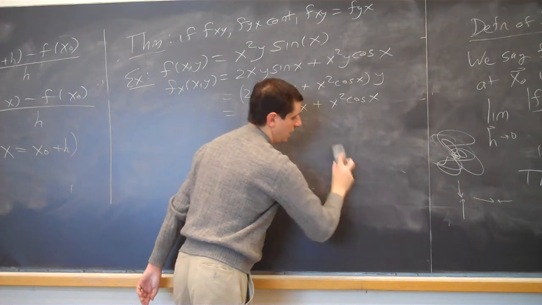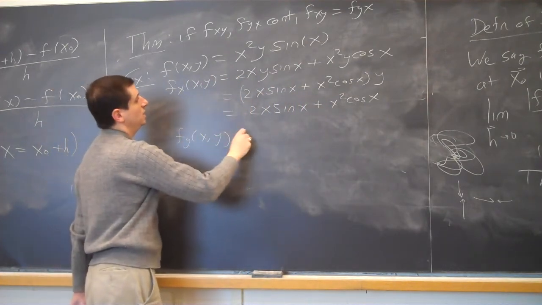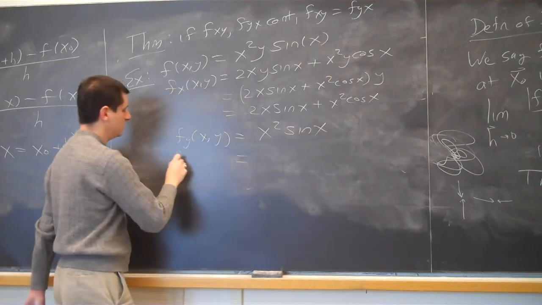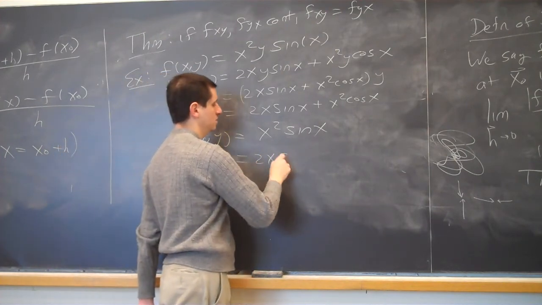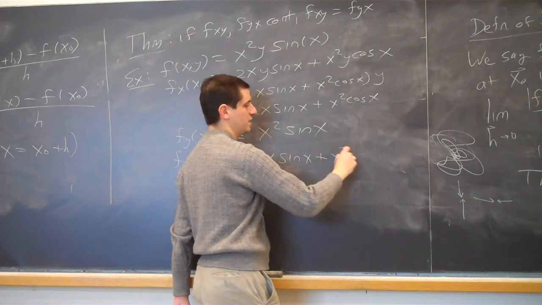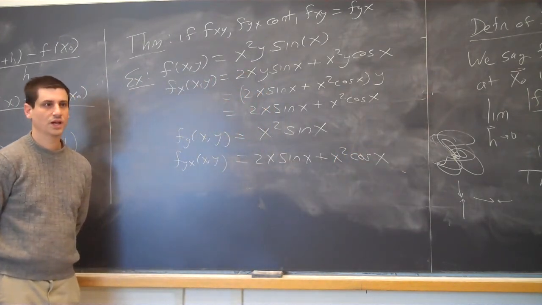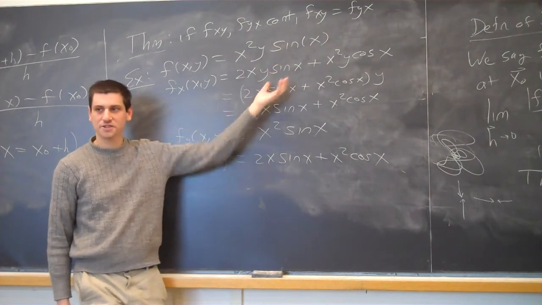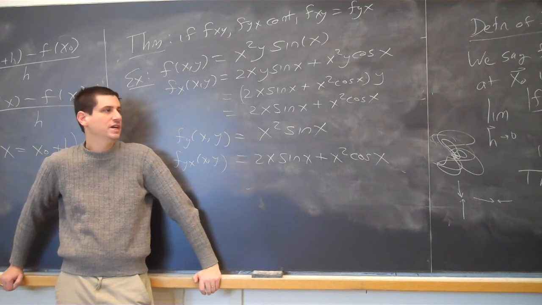Okay? I could do it with respect to y first, and then with respect to x. So it's just x squared sine of x. Now if I take the derivative of this with respect to x, I will get 2x sine of x plus x squared cosine of x. Does it make a difference? I think this is a little cleaner than this, but not significantly. So for this problem, I don't think it makes a huge difference.